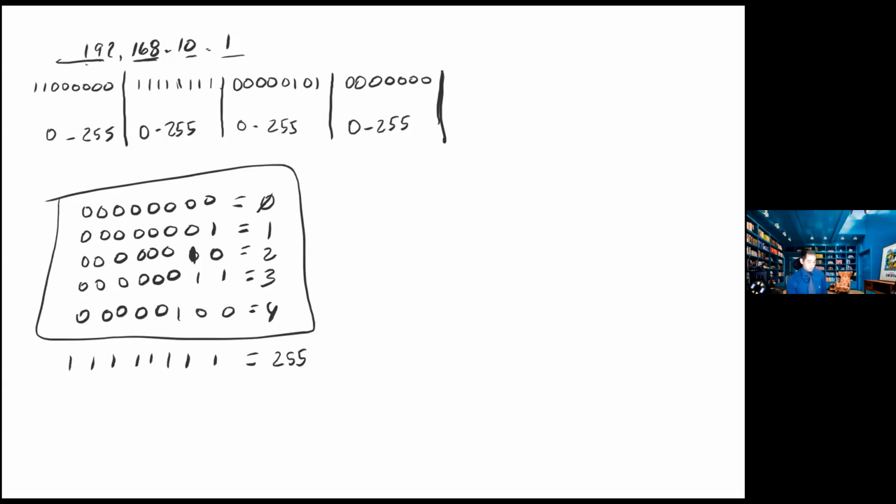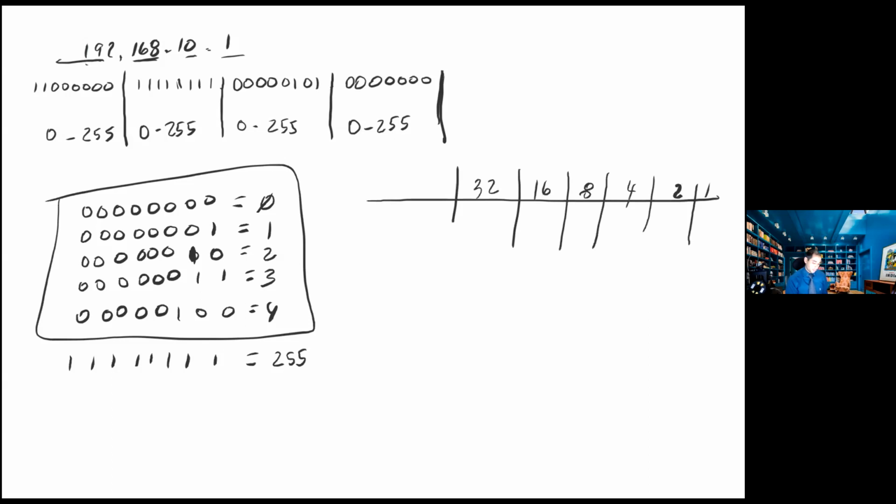Okay. Now how do I convert from these ones and zeros, from binary to decimal? There's a chart. So you guys should write this chart down if you haven't seen it before. And this is for each one of the positions for those binary numbers. So starting from the right, the first position is going to be the number 1. Then the second one is going to be 2. Then you just double. 4, 8, 16, 32, 64,